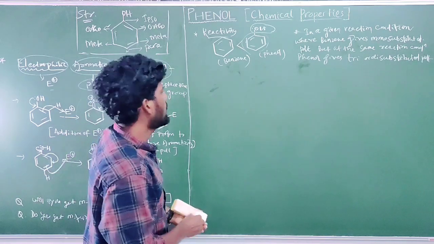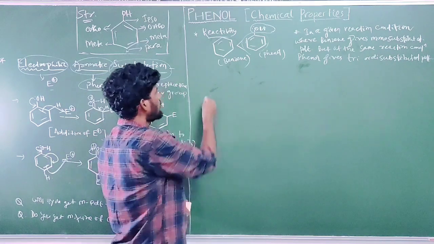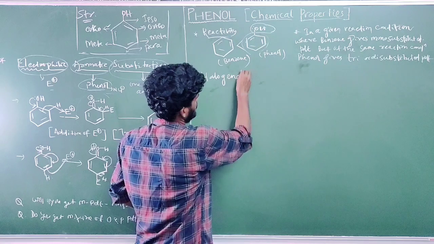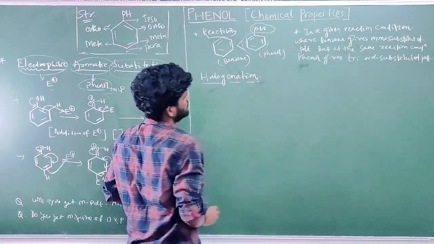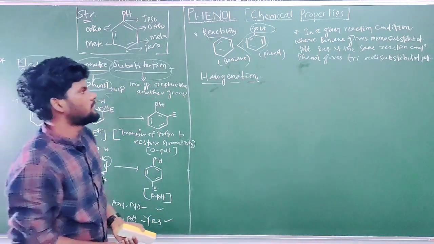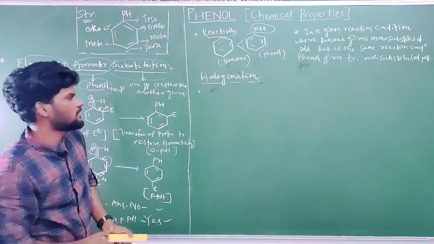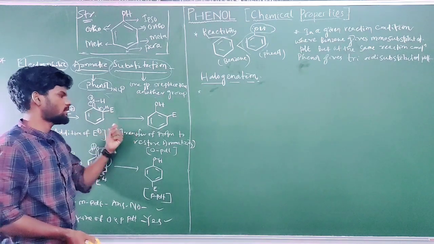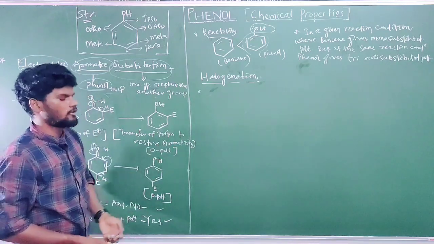Okay, so let us try some reactions. First reaction, right? Halogenation. Halogens, all of you know, are different halogens: chlorine, bromine, iodine. So the electrophile will be any halogen group. Then the nucleophile is the benzene ring of phenol, then there is the substitution reaction, addition, then a proton transfer, and it will form some ortho product and para product.